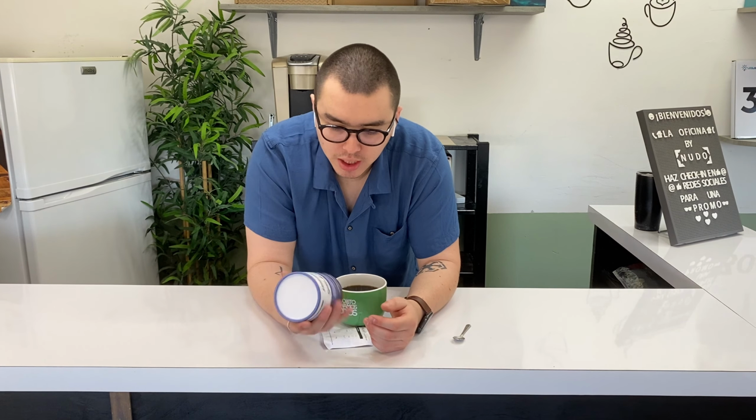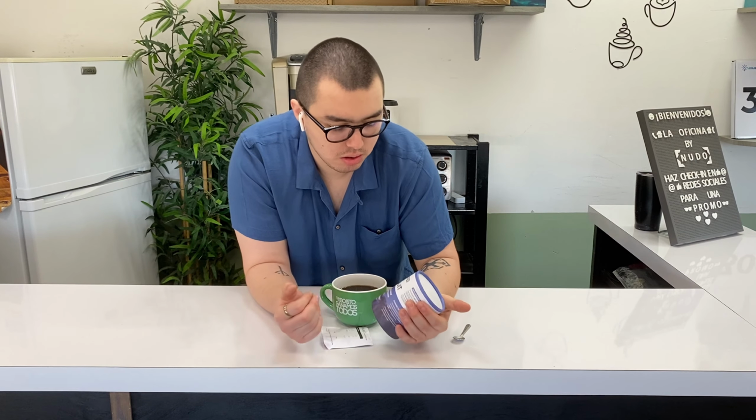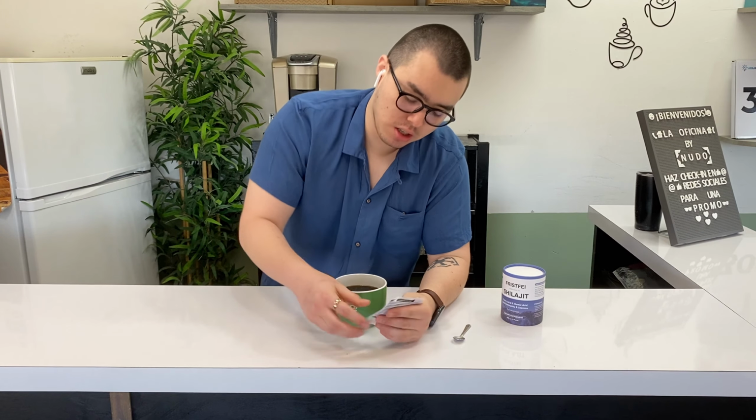And it's really nice. It comes very well packaged. So I will recommend it. It doesn't change the flavor of your beverage or anything, and it's a dietary supplement. Okay, so